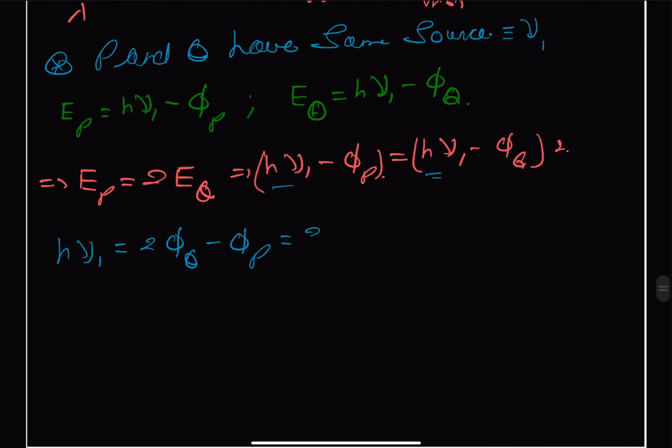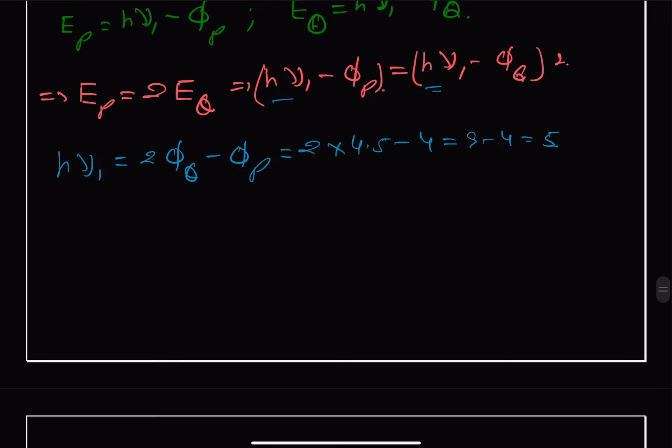So this comes as twice into 4.5 minus 4, that is 9 minus 4, and this is equal to 5. So in the first case we get h nu1 is equal to 5,